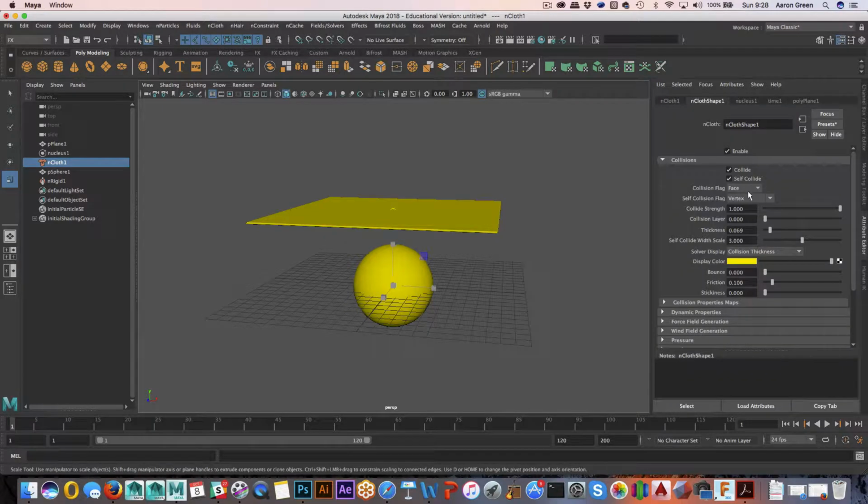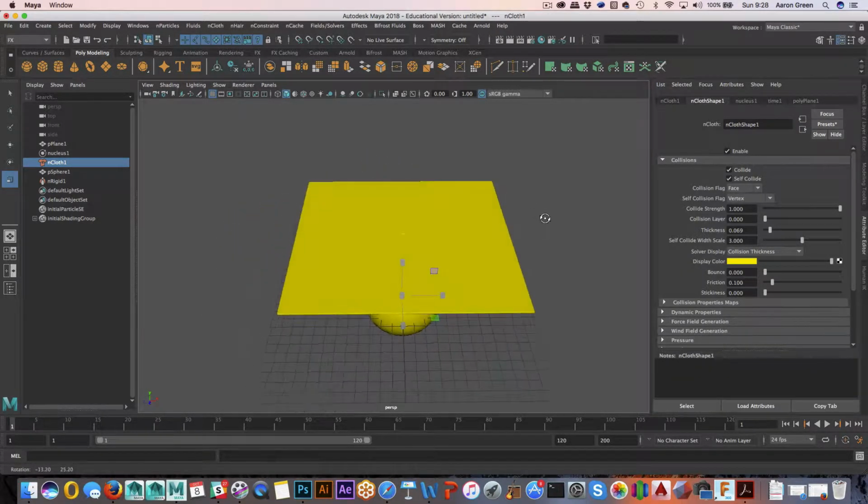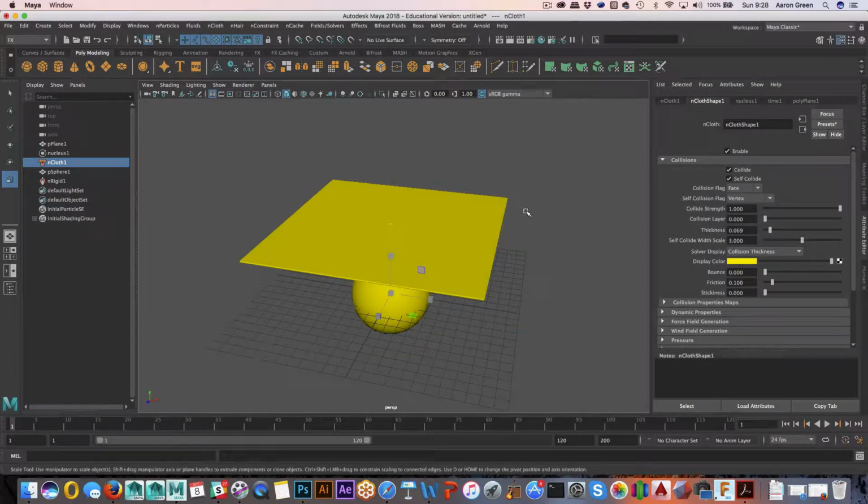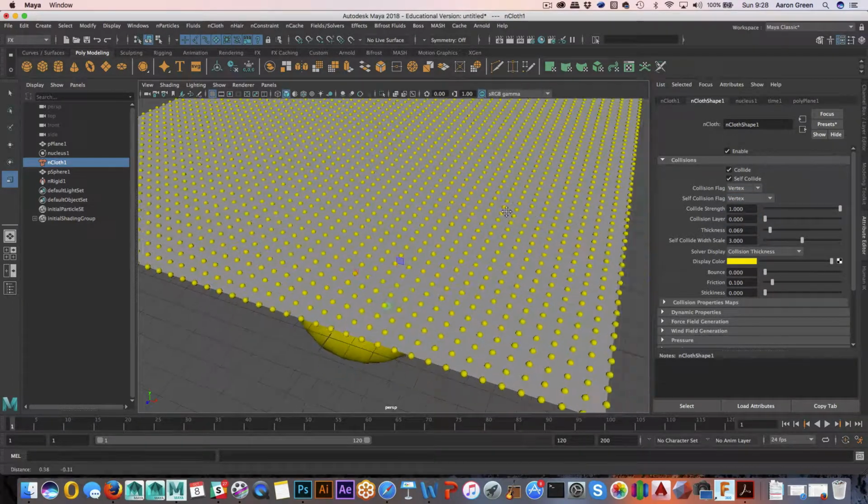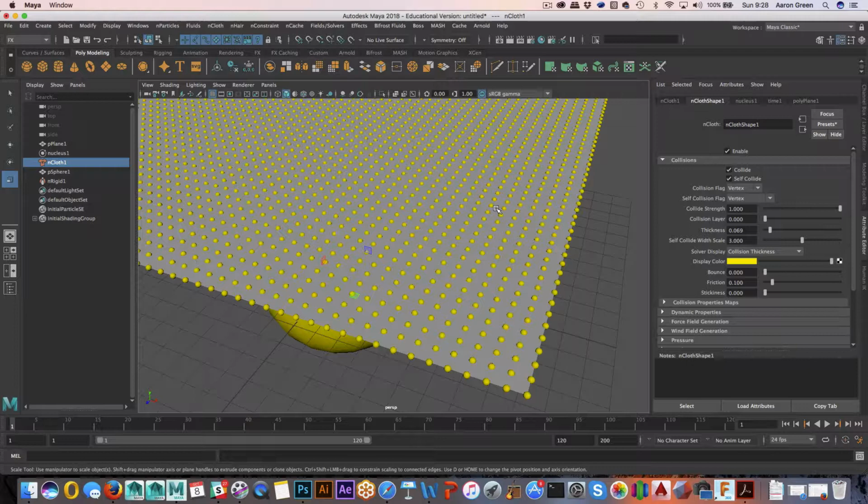Now you have some different settings in here. Right now it's set to face. That's why it's solid yellow. It's calculating the surface area of the space. Now you can also set it to different settings like vertex. You can see how you get little yellow spheres. Now vertex is the fastest to calculate because it's not using that whole surface area, but